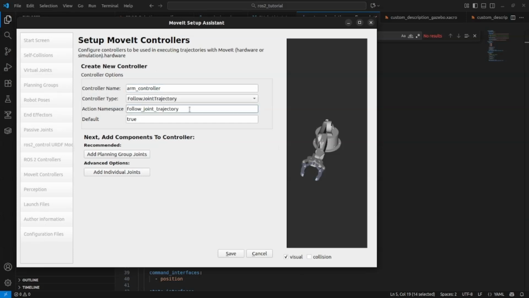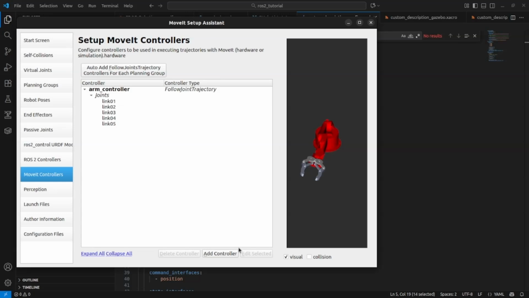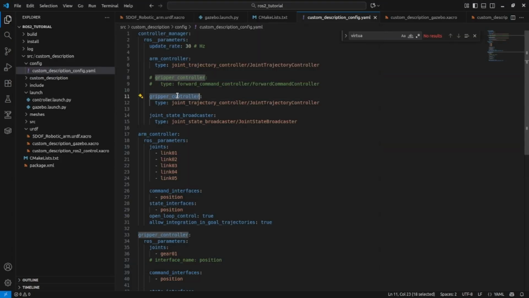Follow joint trajectory, this is totally fine. Define and add a planning joint group, and this is the one. Save it. Now add one more controller, and this time the controller name is gripper controller,